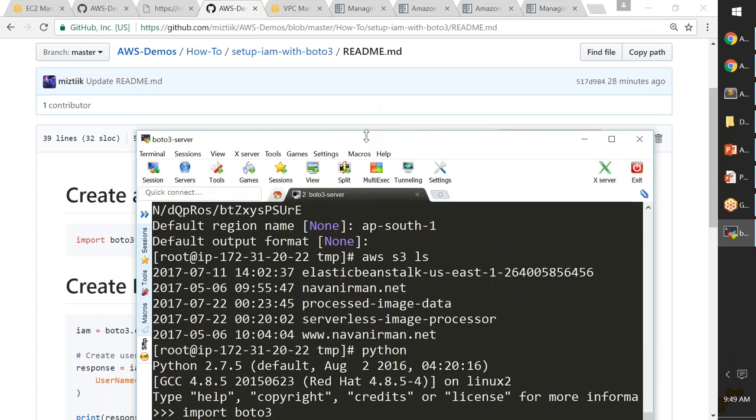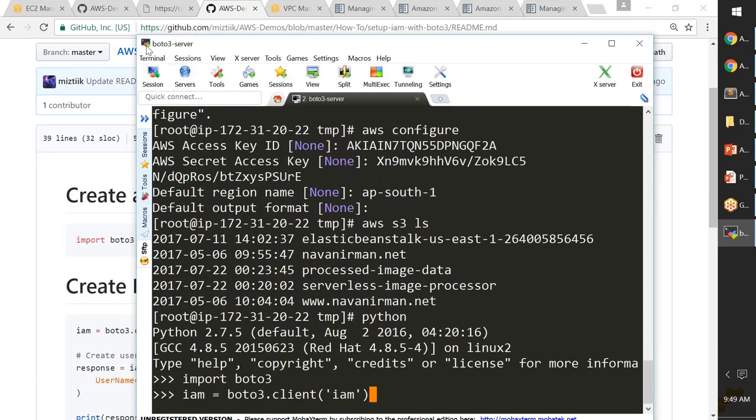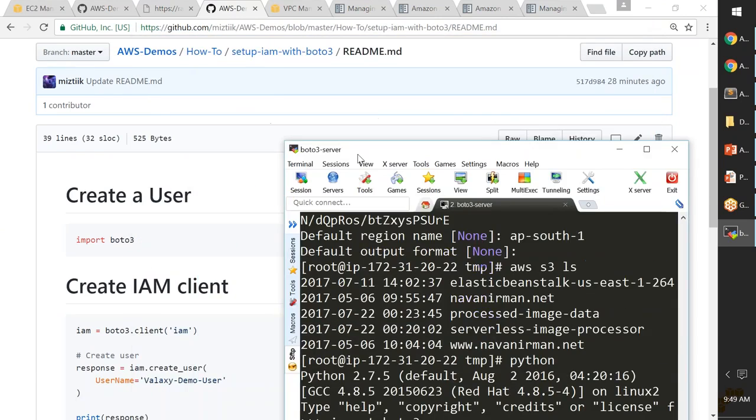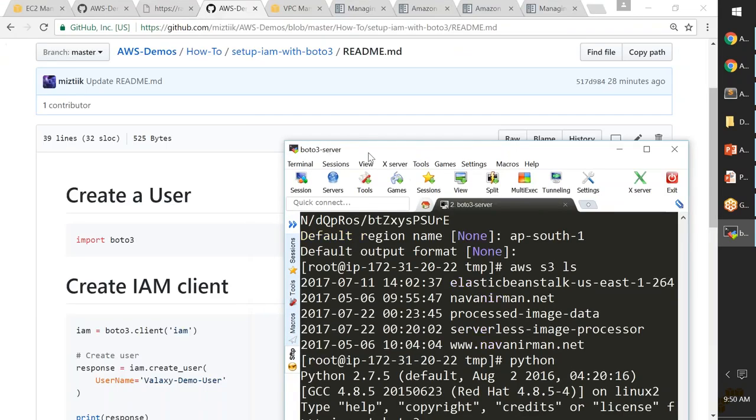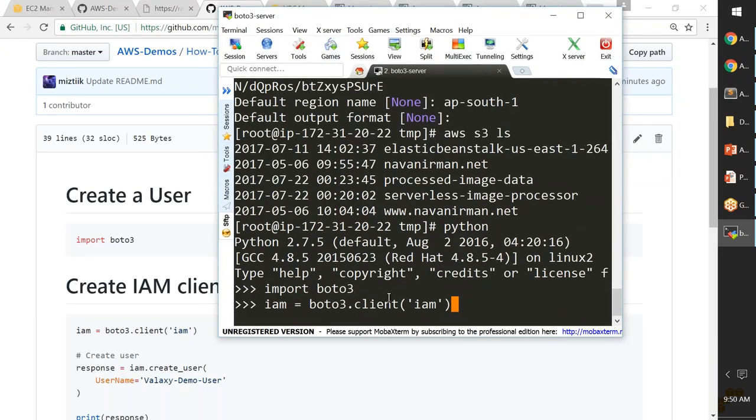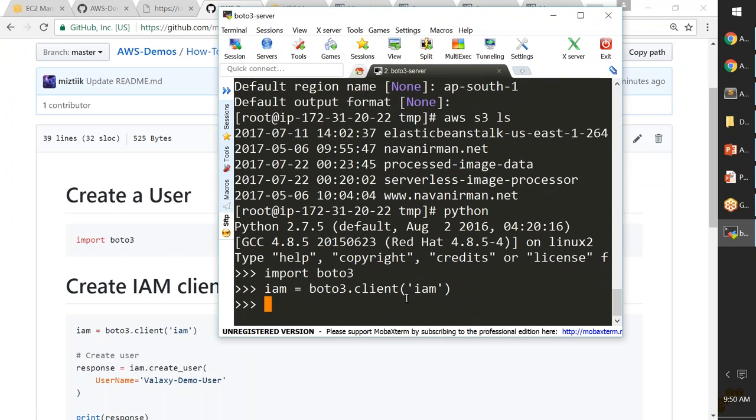Let me resize the screen so that both the screens are visible. Okay, this is great. I'm sorry for all this nonsense. So this is the first command, iam equal to boto3.client. We have just created a client, and using this client name, I am going to